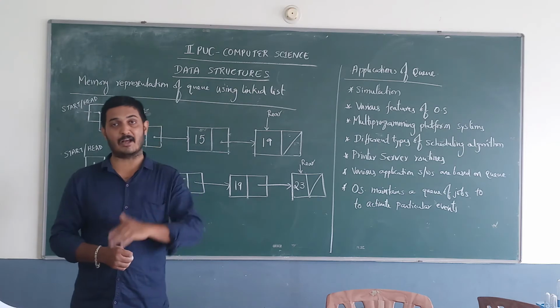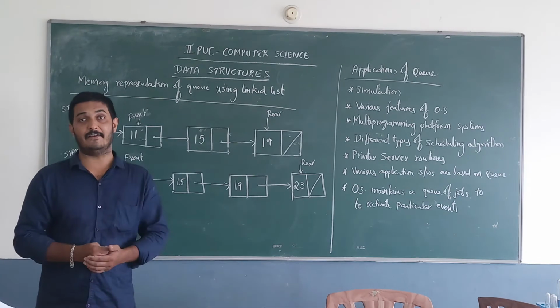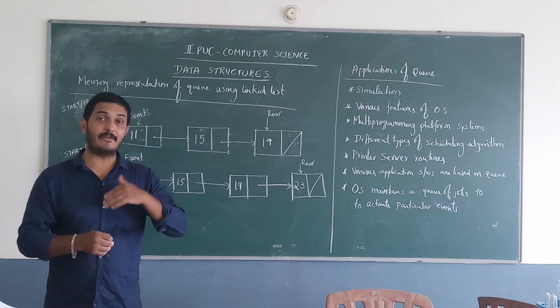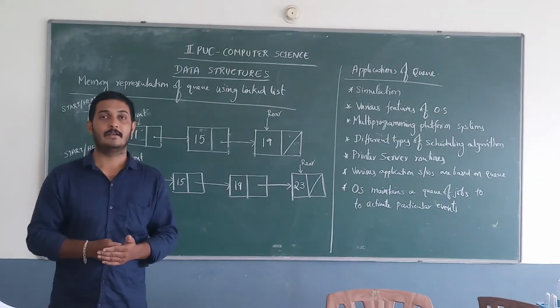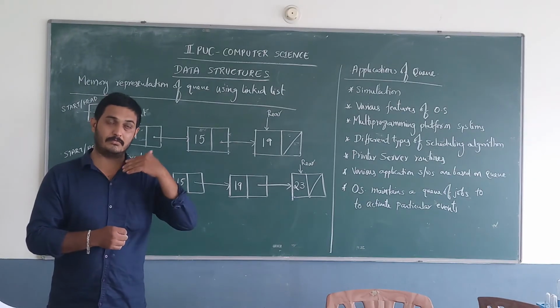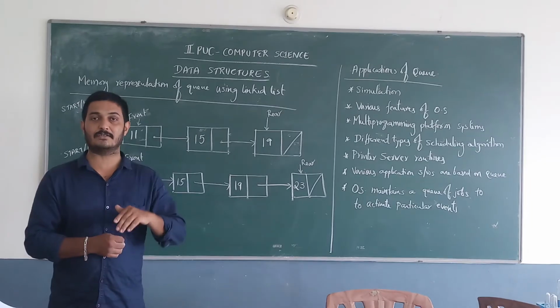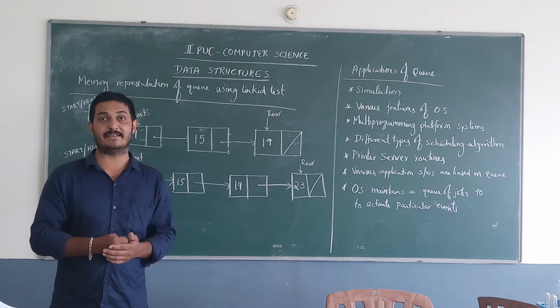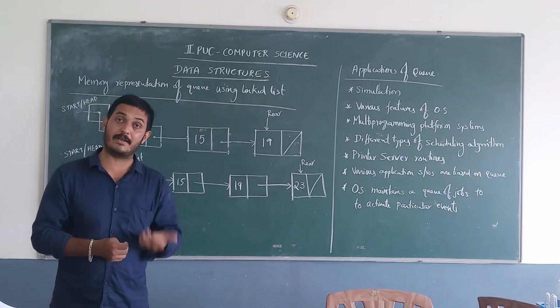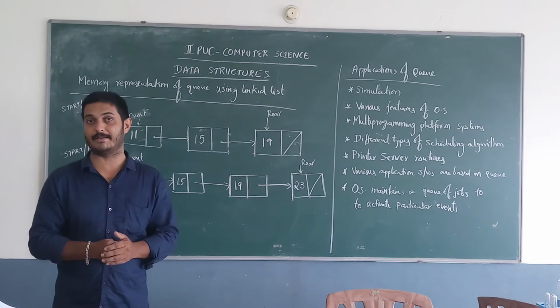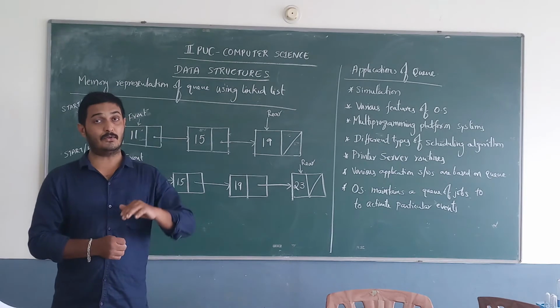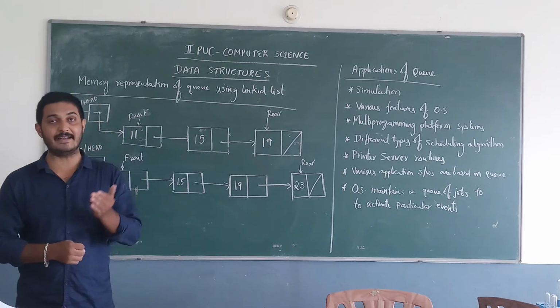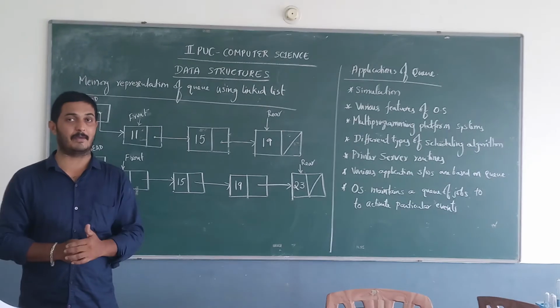And the second one is dynamic. During execution of a program, if you want to increment the number of elements or allocate more elements, we can allocate values while the program is running. We can allocate elements, and we can deallocate elements. So that is dynamic. So there are two types of representation: one is static representation and the other one is dynamic.